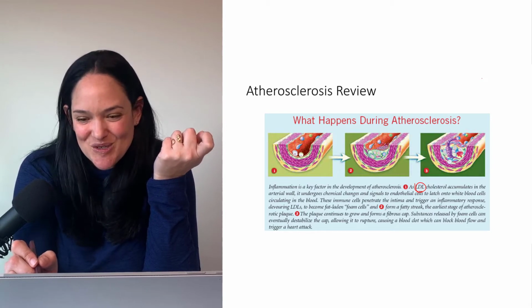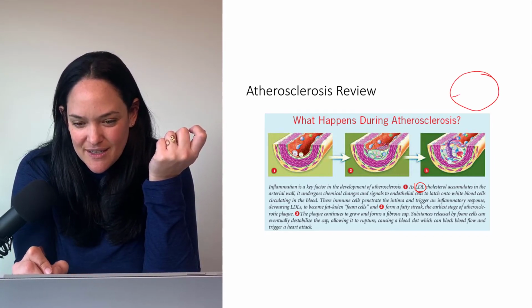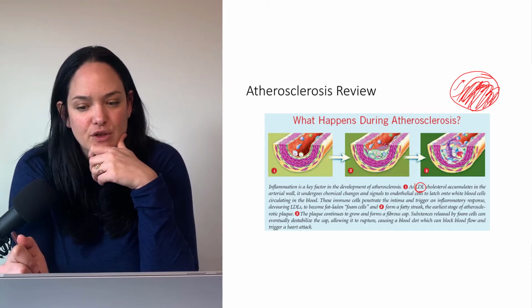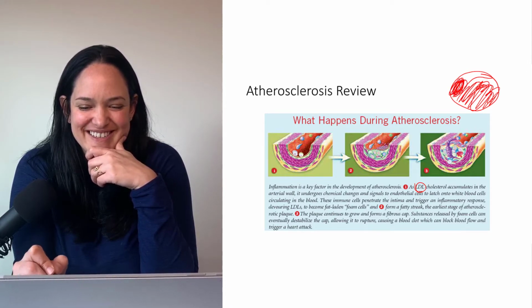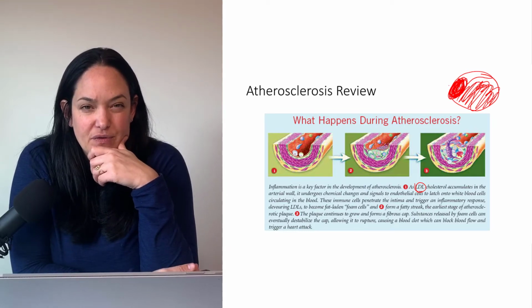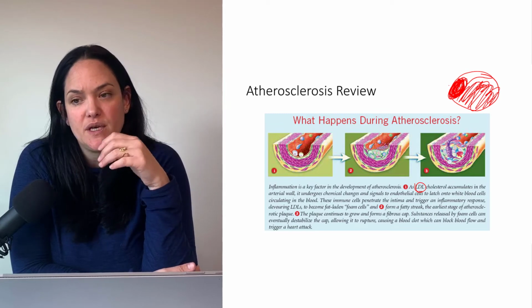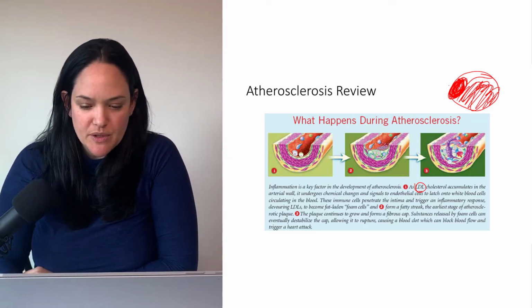For my first year students, I like to draw atherosclerosis. If this is a blood vessel, I like to draw it kind of like this, where our blood vessel is narrowed and there's less room. Our lumen is shrunk. There's less room for blood to flow, and a higher risk that a blood clot can form in that narrowed vessel, promoting lack of blood flow. If it happens in the heart, that can promote a heart attack, and if that happens in the brain, that can promote a stroke.